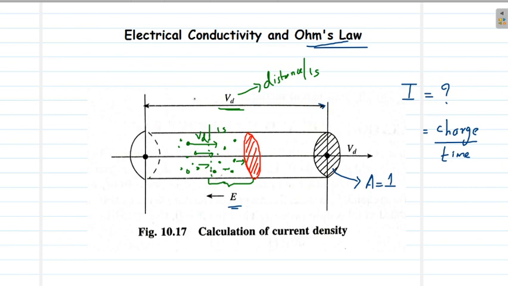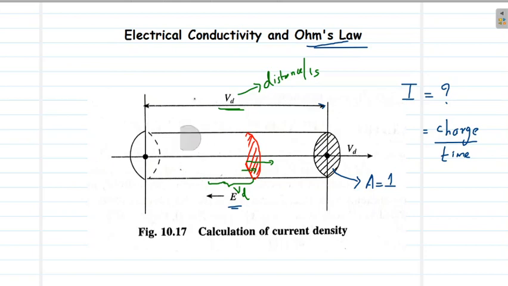Even the electrons falling at the back edge of this length will move Vd length in 1 second, and they can also reach this cross section, and the electrons which are closer will surely cross this cross section and move ahead. So all the electrons that are up to a Vd length from the considered cross section will be able to cross it, and those electrons which are further back will not reach it, because they will only move Vd length and reach somewhat the backside portion of the cross section.